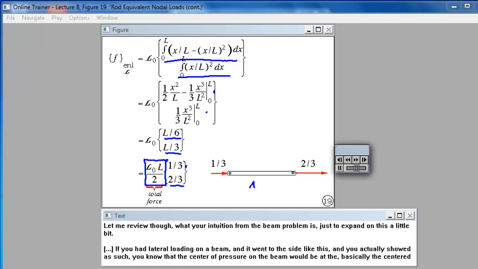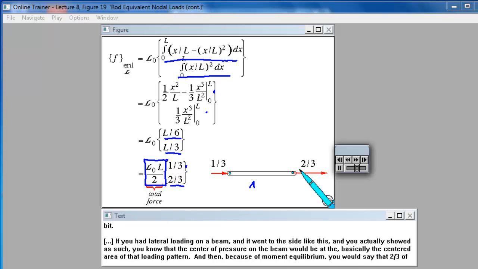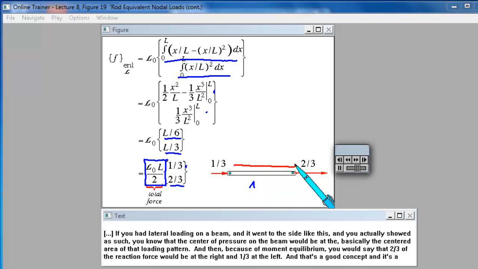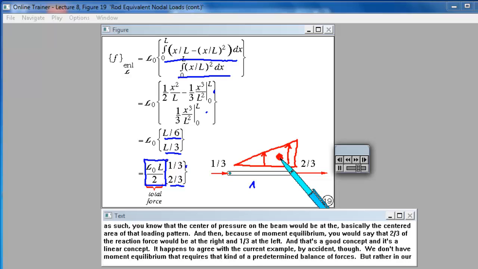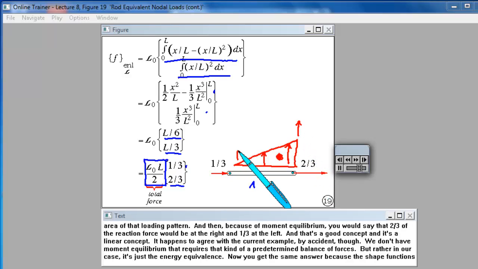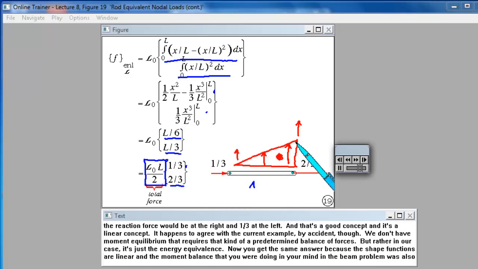Let me review, though, what your intuition from the beam problem is, just to expand on this a little bit. If you had lateral loading on a beam and it went to the side like this, you know that the center of pressure on the beam would be basically at the center of area of that loading pattern. And then because of moment equilibrium, you would say that 2/3 of the reaction force would be at the right and 1/3 at the left. And that's a good concept, and it's a linear concept. It happens to agree with the current